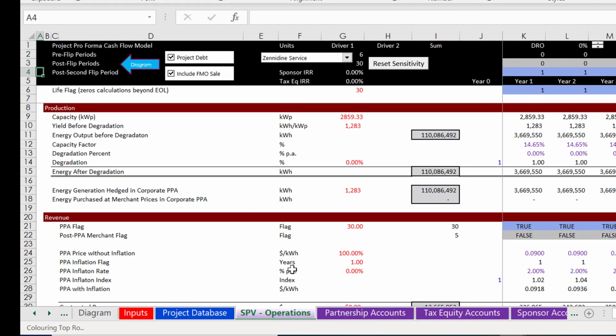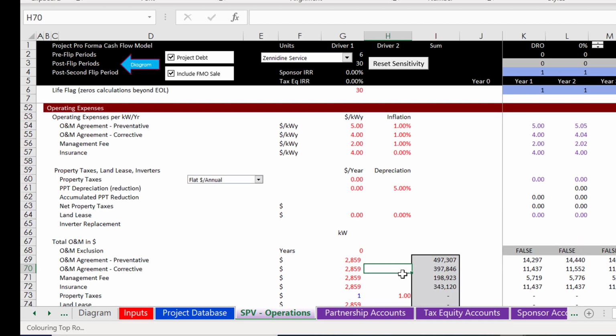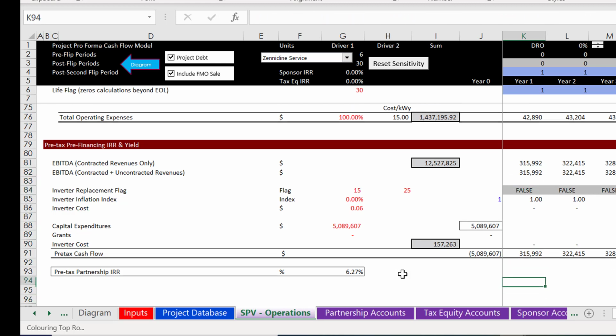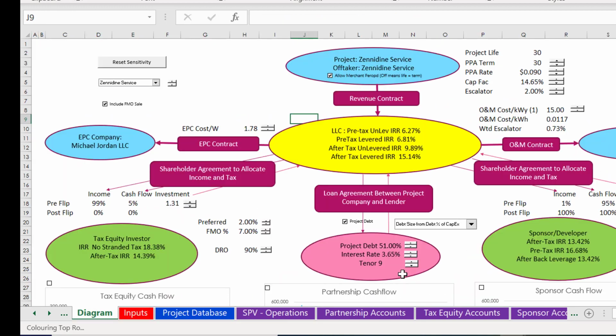The place we stopped before, and this is okay if you turned off that other video, was the cash flow to the partnership, which is really very simple. It's the EBITDA, pre-leverage, pre-tax. And we put in the CapEx, and these CapEx have no ITC, nothing gets done, and then we have this 6.27. So basically there's an IRR at the bottom of the page,